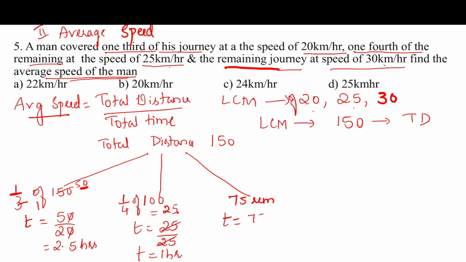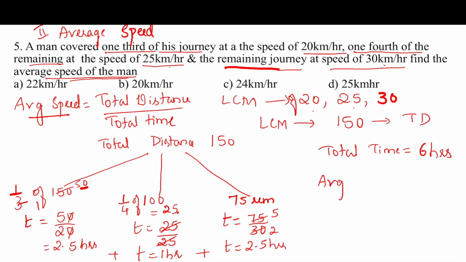So time will be again, distance is 75, speed is 30. So it is 15 2s are 15, 5s are again 5 by 2, therefore it is 2.5 hours. Okay, so the remaining journey again he is covering in 2.5 hours. So total time, how much is he taking? He is taking 2.5 plus 1 plus 2.5, it is 6 hours. So total time he is taking is 6 hours to complete 150